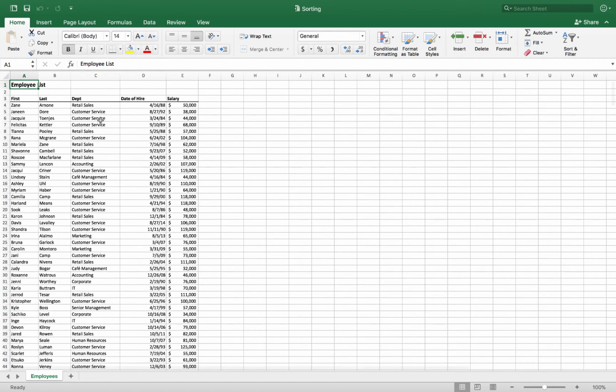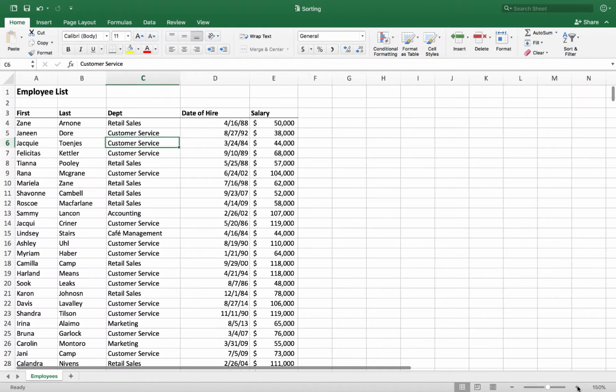If you're managing a list of information, let me zoom in a little bit so you can see this better. First of all, the way you lay it out is important. We usually want to have a one-row descriptive column heading, and notice how this data is laid out, we've got a blank row and a blank column all the way around it. You'll get better performance with Excel if you leave the list on its own, and Excel is pretty smart about figuring out where the list is.